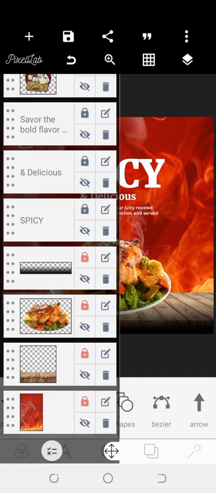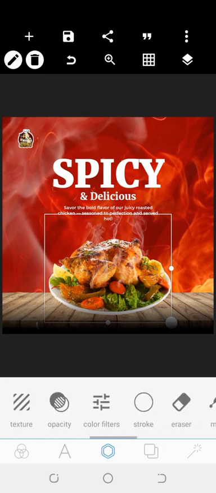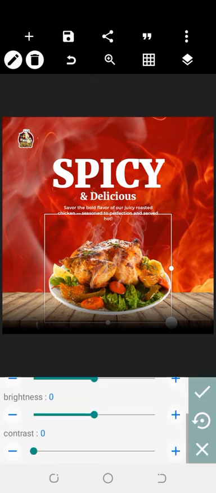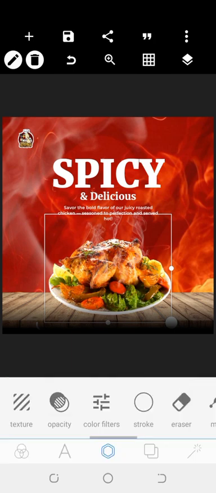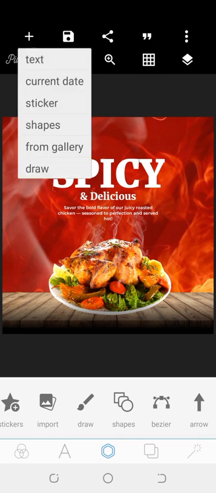And I'm going to head over to this bit of chicken. I want to make it look more realistic, so I head over to color filter, you scroll down to, and we are going to increase the contrast. Let's say 17. So I'm going to import a chicken. Okay,